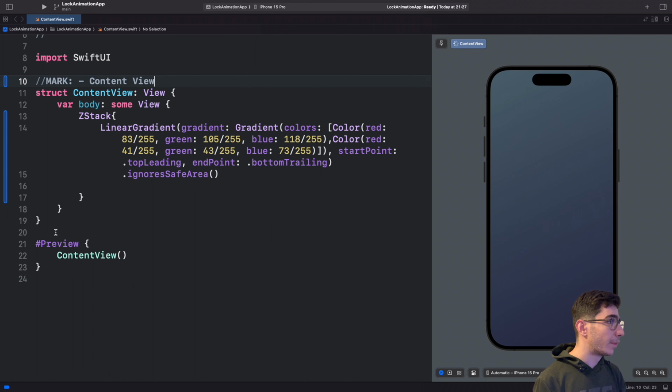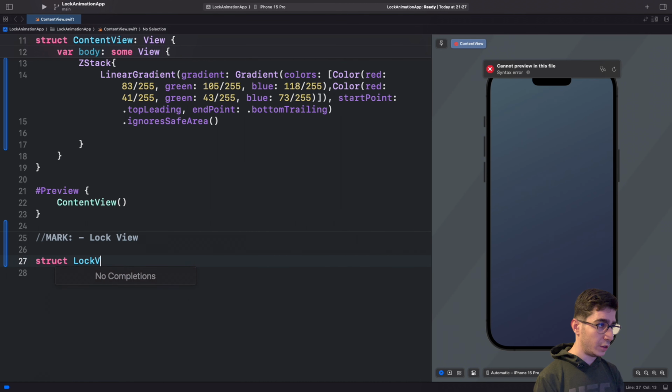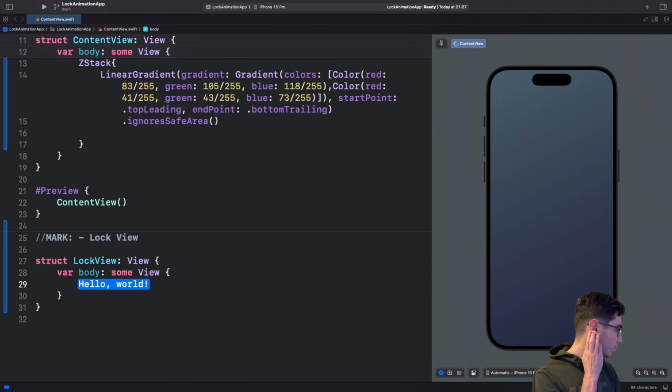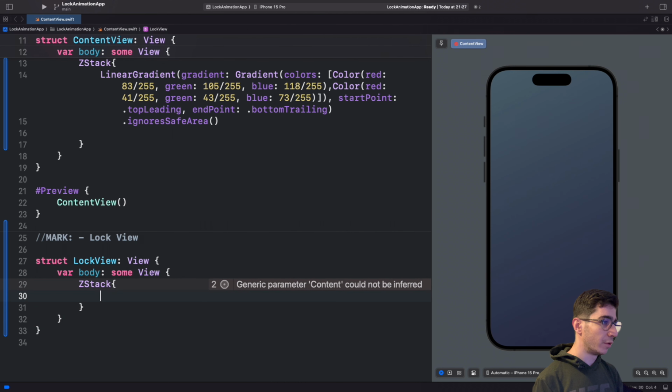So after that, this is our preview. We don't want that, and we have a mark here for our lock view. Here we have a struct LockView, and this is a type of View. So here we have a ZStack in our LockView,